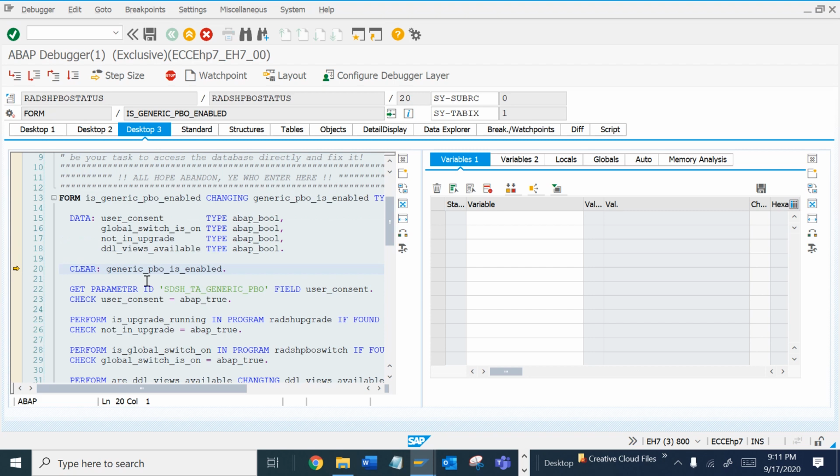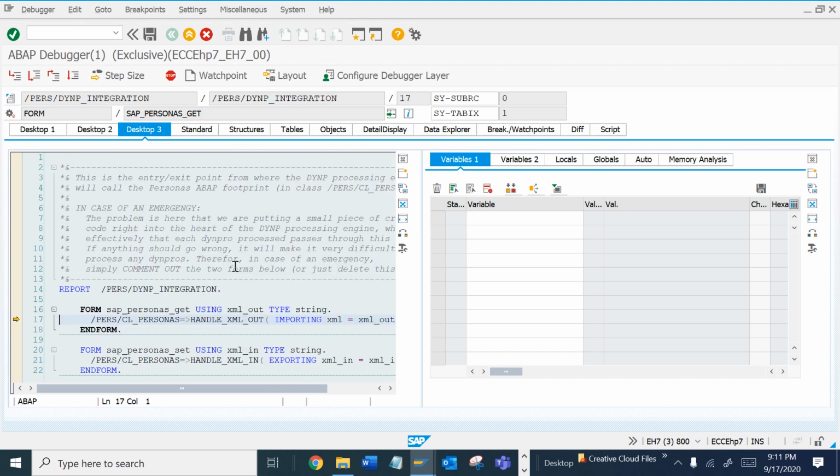See, after F5 some standard code is coming. SAP has given some standard code for that SUBMIT function. So we don't want to debug it. So let's press F7 to come out of that program.